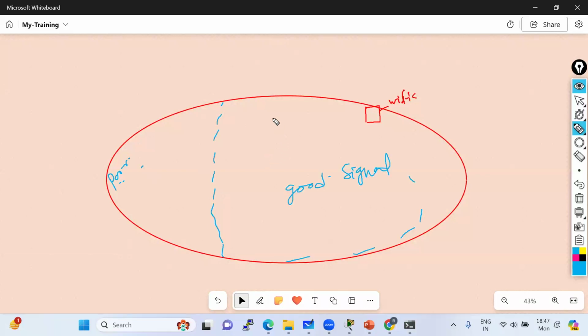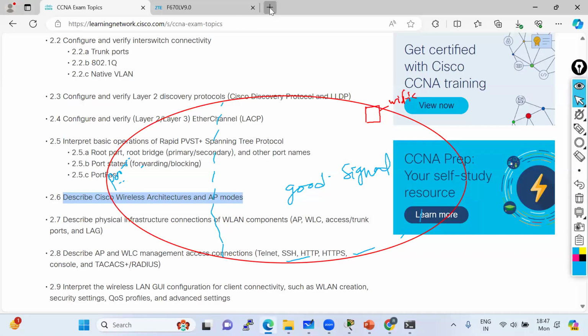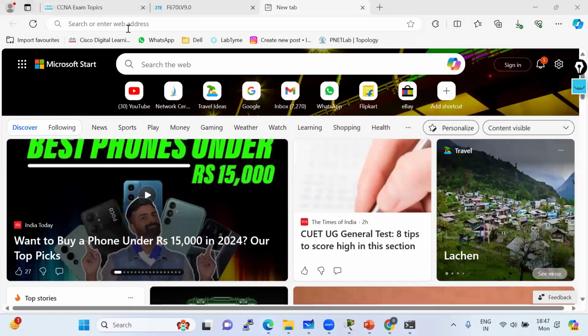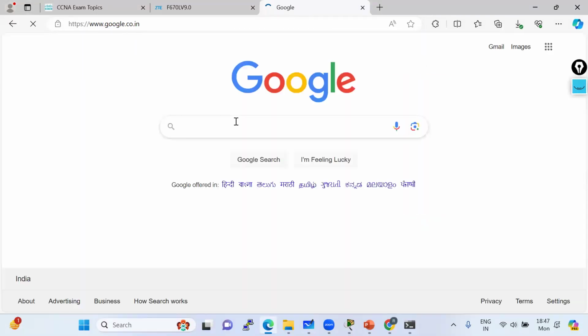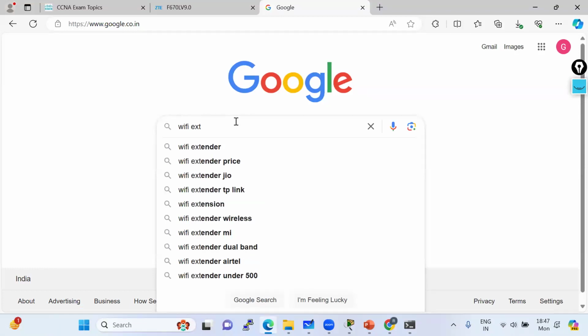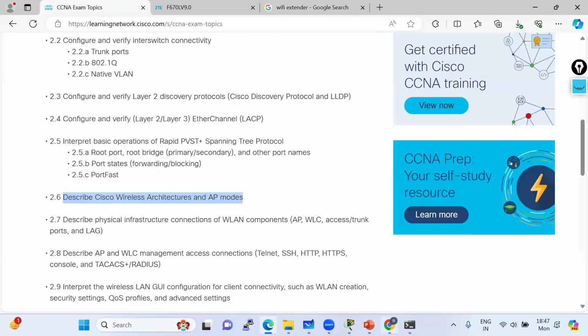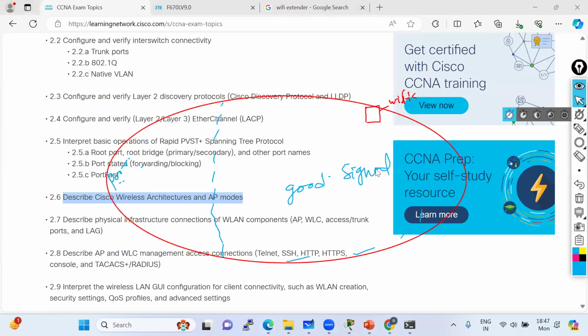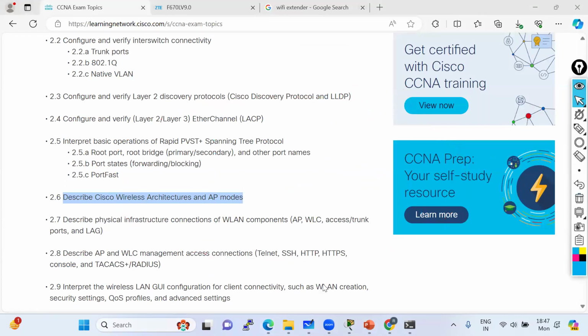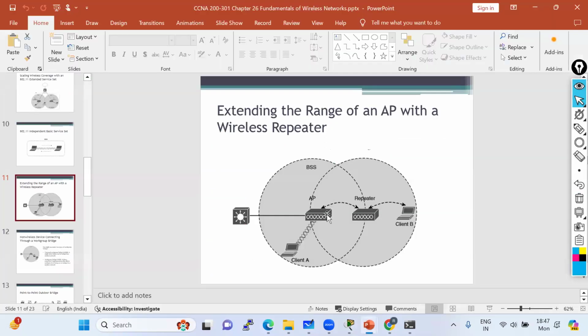You might have seen a Wi-Fi extender. If you go and search on the internet, you'll find a lot of vendors selling Wi-Fi extenders that act as a repeater. These are the Wi-Fi extenders, TP-Link, Netgear, TP-Link Wi-Fi range extender. These are going to basically extend your signal, boost your signal, so that the area which has very low signal can also get the signals. So that is also possible. You just have to place the right device and connect it. That is going to act as a repeater and help to boost your signal,